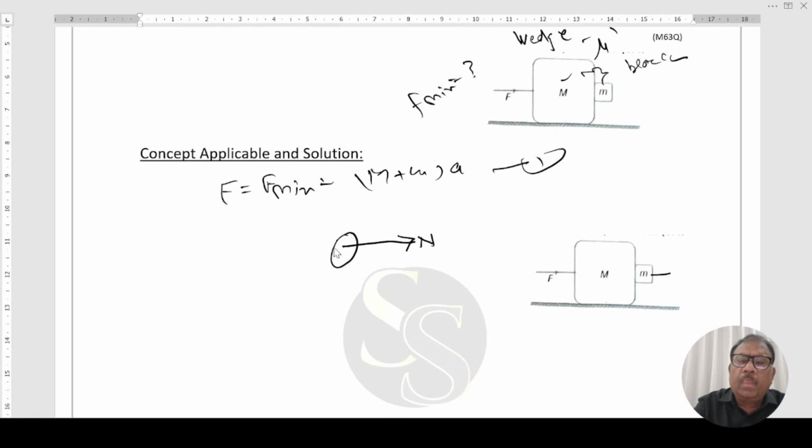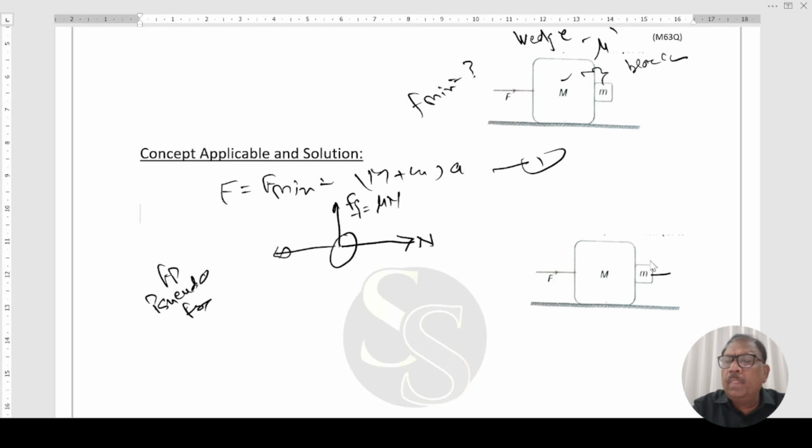This will be the pseudo force, and this will be the friction force, mu N in this direction, and weight mg. This is the free body diagram